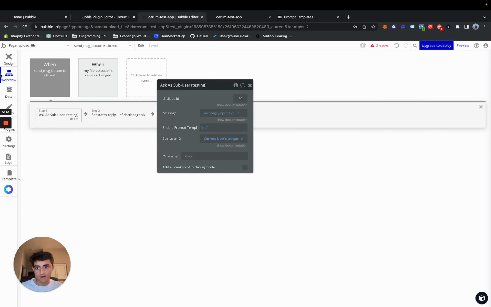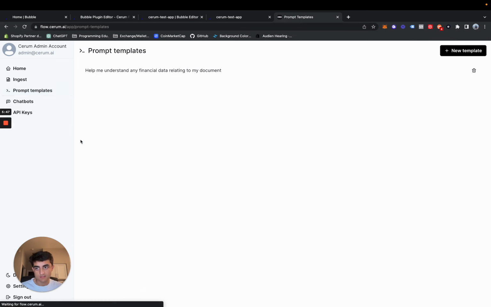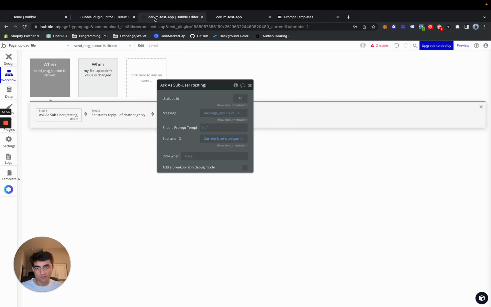And then the enable prompt template. So for those of you that don't know, that's essentially to provide more directions on your data. So we have that turned off here. You can make this dynamic if you want your users to check it, but here we've just statically set it to no. And then the sub-user ID. So again,